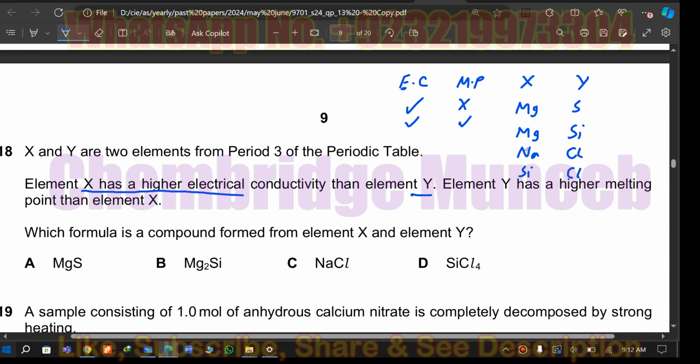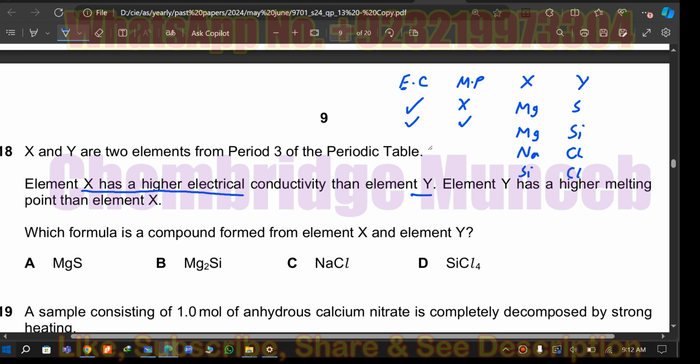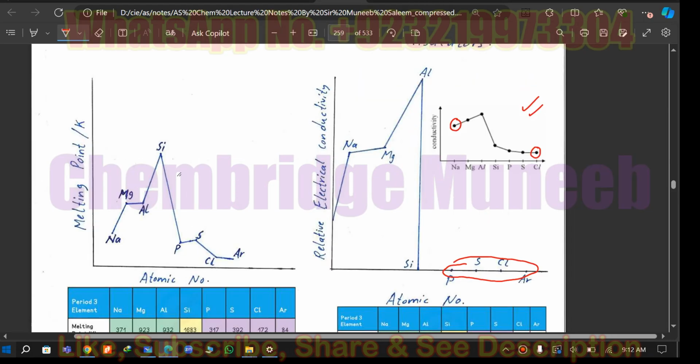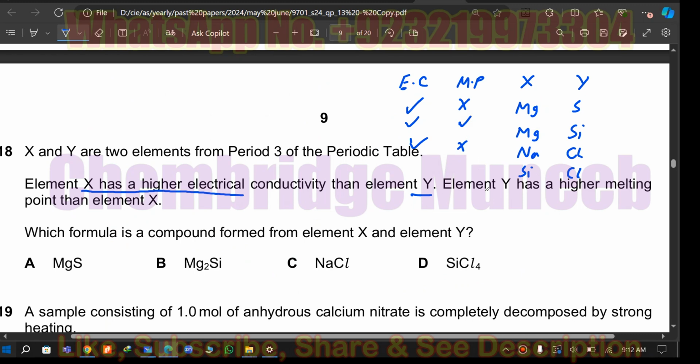Now the third relation of sodium and chlorine. So let's check their combinations. Sodium and chlorine, in terms of the electrical conductivity, sodium has this electrical conductivity and chlorine has this. So it is correct that it has a higher electrical conductivity of X. And then about the melting point, the melting point of chlorine is smaller than the sodium, so it becomes incorrect. And for silicon and chlorine,